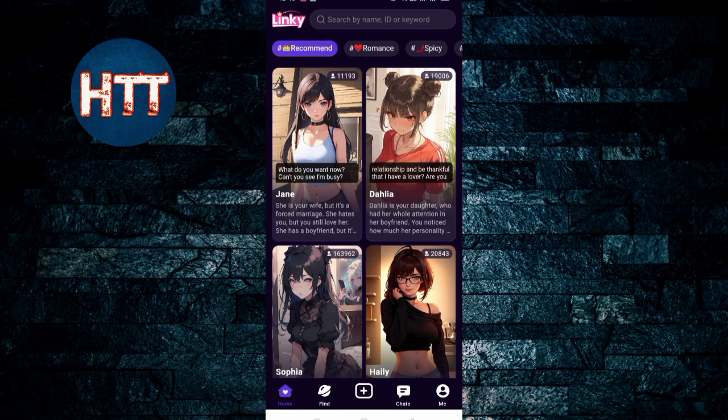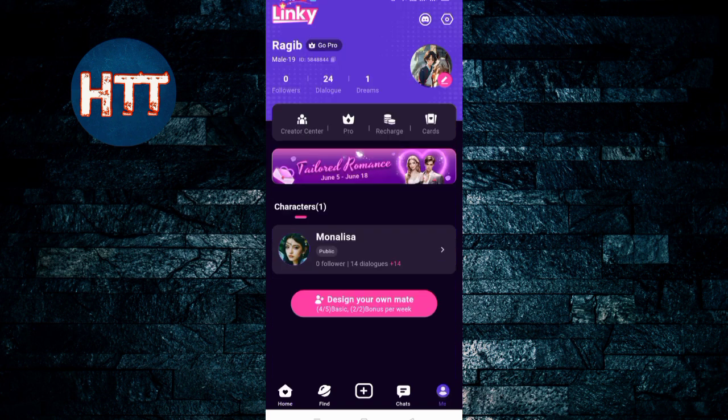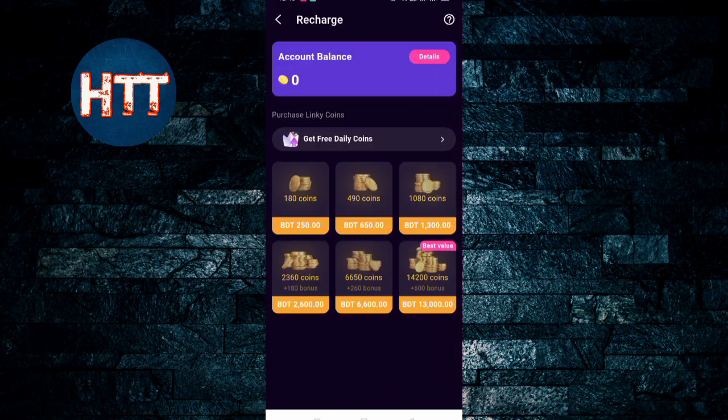In this video I'll guide you on how to buy coins on the Linky application. So you can see this is the interface of Linky. What you need to do is tap the Me icon in the bottom right corner of your screen. Simply tap here and then click the option Recharge, and then you'll see that you can earn coins